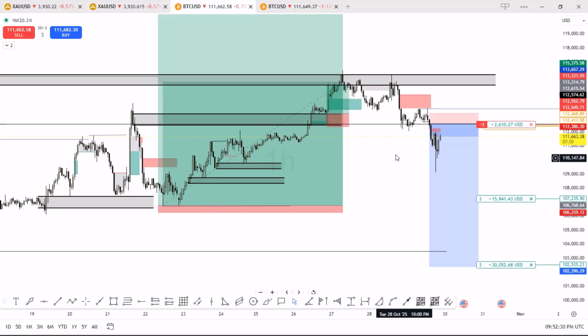Why did I execute this trade? The same thing, market structure. I told you guys, understand where the market is going. When you understand where the market is going, things become easy for you. Even if you are in a wrong trade, and let's say the market is going to reverse, you are still going to get a trade before the reversal happens.